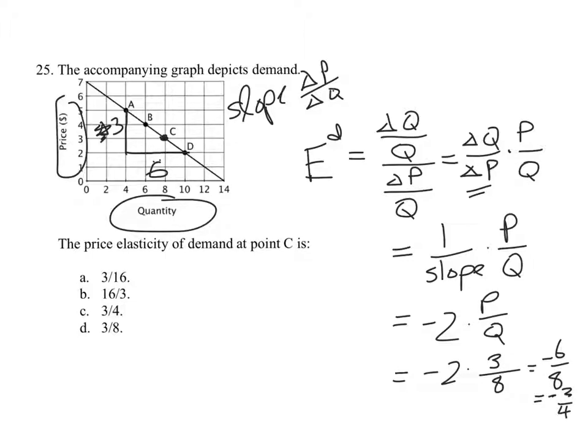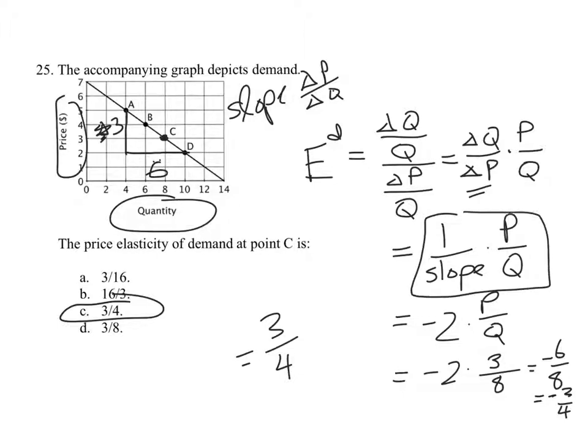We know that Frank and a lot of other economists talk about that in absolute value. So the absolute value is 3/4. Oops, talking and writing at the same time are a challenge for me. So C is our answer. That was hard. Now it's not hard, right? Now you know how to do this. This is worth either being able to know how to derive it, that'd be my preference. The general definition can get you this formula, but it might be worth memorizing.